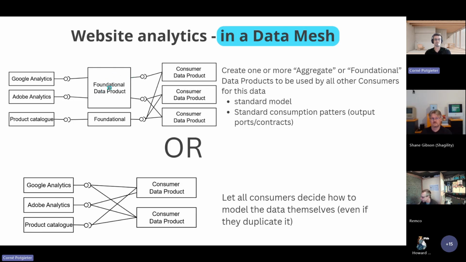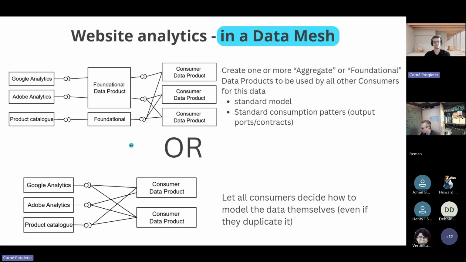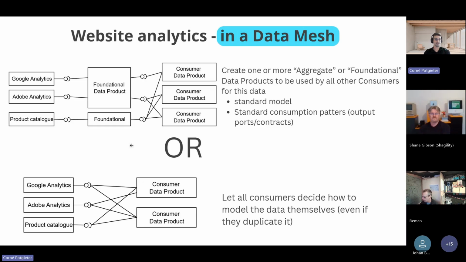And that's also one of the reasons why people don't want to do this. That was my first observation: people do not want to create foundational data products because it's not the path of least resistance. They want to be only responsible for themselves. So this really, for me, is one of the main challenges with data mesh: how do we build the incentives for people to build foundational data products? Because there won't be any incentives automatically.